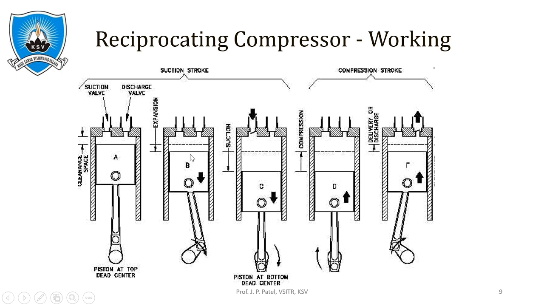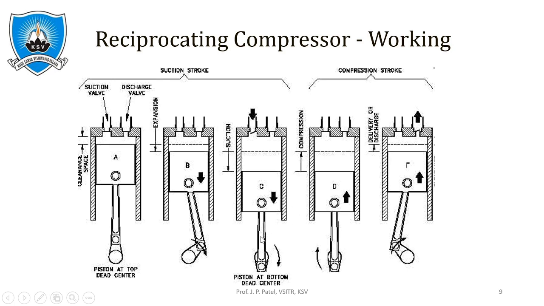At that time, the piston gradually moves downward. Both valves are again closed. So the air inside expands, and due to the expansion, the pressure reduces. Once the pressure reduces and reaches below atmospheric pressure, the suction valve automatically starts to open and higher atmospheric pressure air reaches into the chamber of the piston cylinder arrangement.